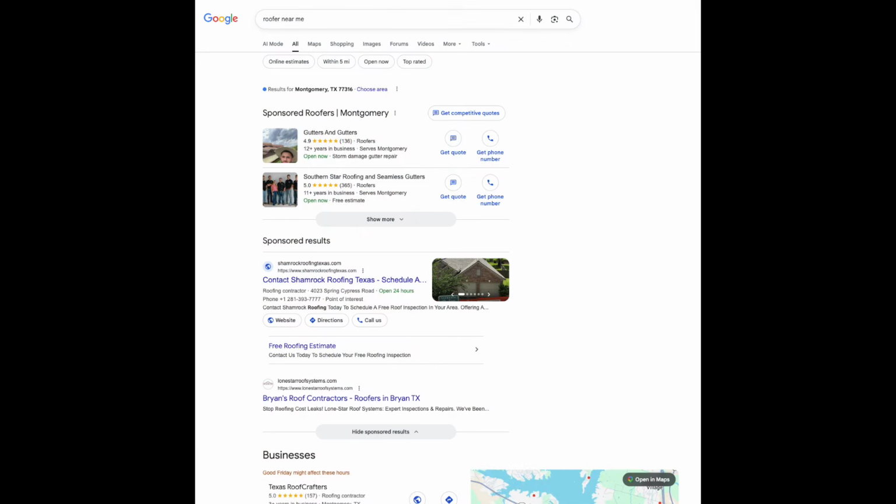And that appears at the very, very top of the search engine. And that will usually say Google Guaranteed or Google Screened. It takes up a lot of real estate or scroll depth on your mobile phone, but it appears above everything else. That is Google Local Services, or LSA for short. It's commonly referred to as LSA.